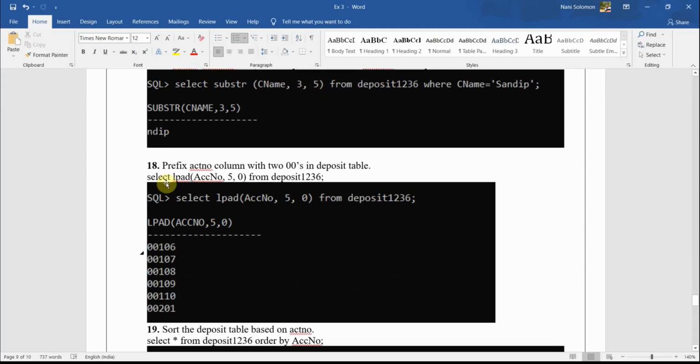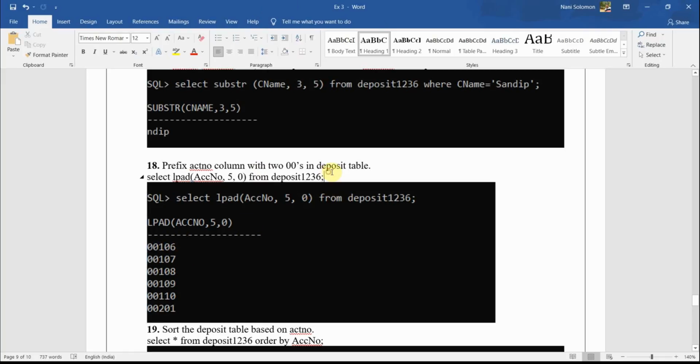18th question, prefix account number columns with zeros as a deposit number. The account number they have given is 3 digits. So we use left pad here. If you use left pad, you will get the zeros at the beginning of the account number. If you use right pad, it will give zeros after the account number, which will completely change the value.